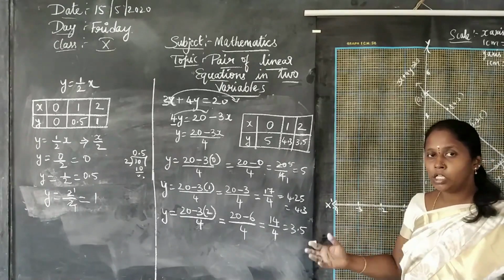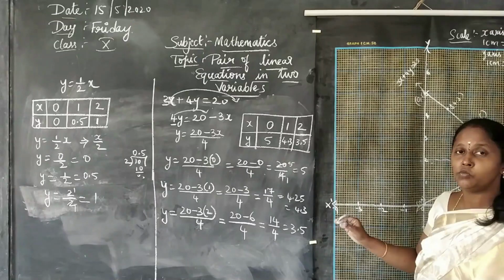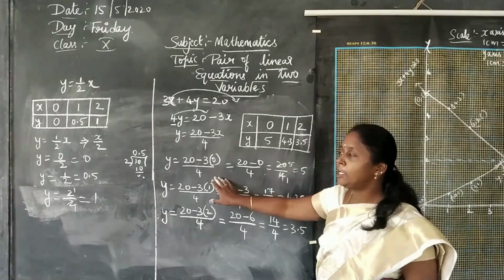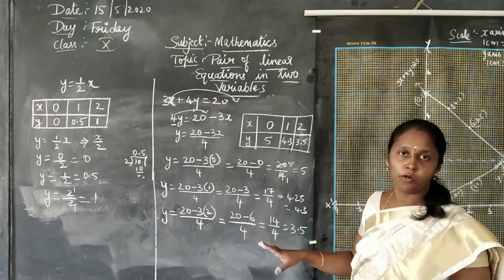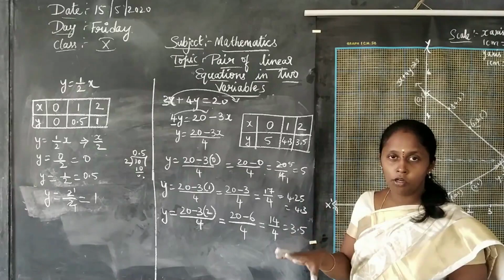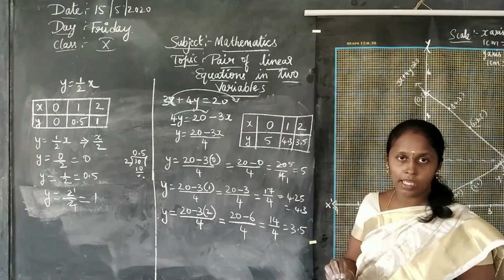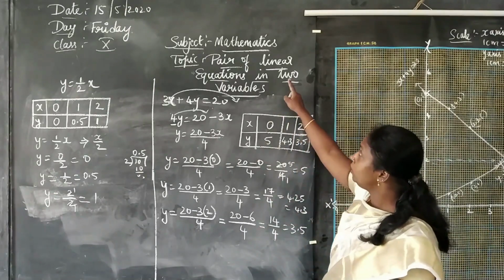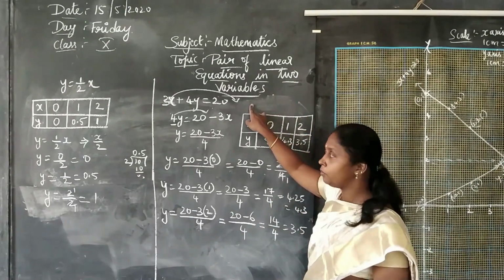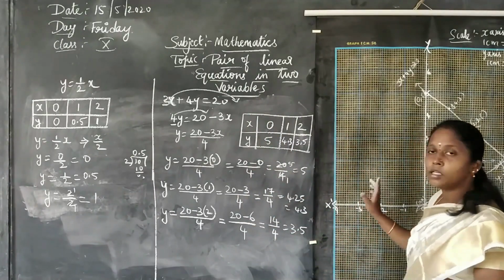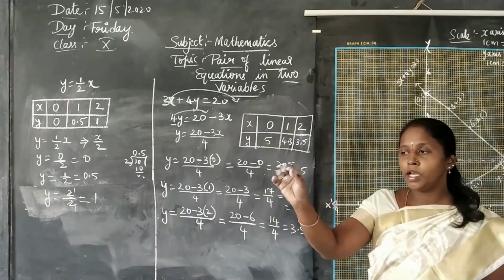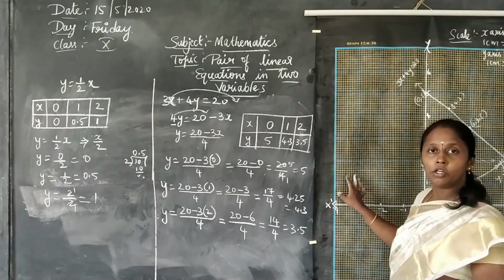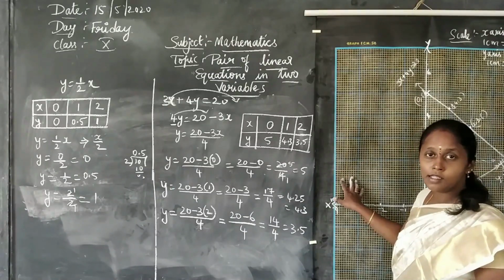Please replay the videos twice or thrice, understand each step, and you will plot this graph in the graph book. Even this calculation should be shown in the graph book, not in the normal classwork where you have written AP. You are going to write this in the graph notebook, mentioning pair of linear equations in two variables, and the first sum with graph sheet. On the right side where you have a ruled page, you will write the calculations, and on the graph page you will draw the graph and represent it. Is it clear, children?